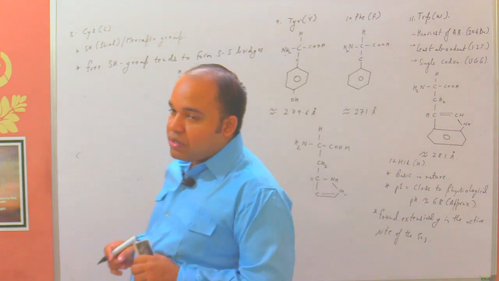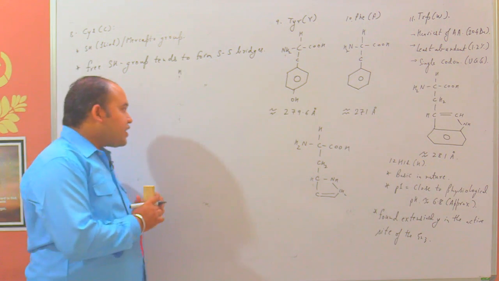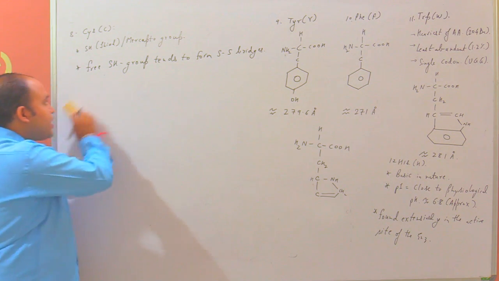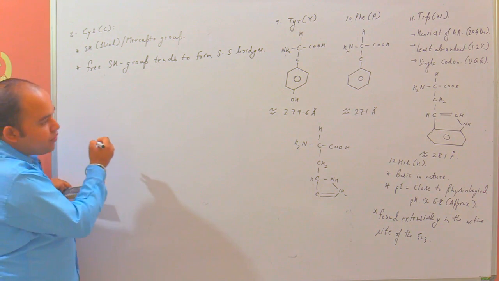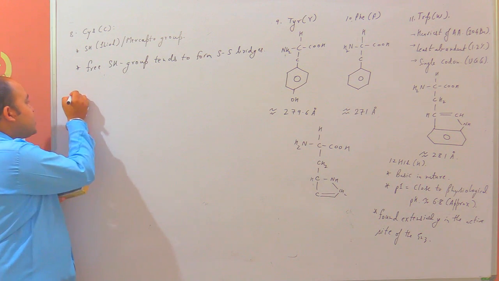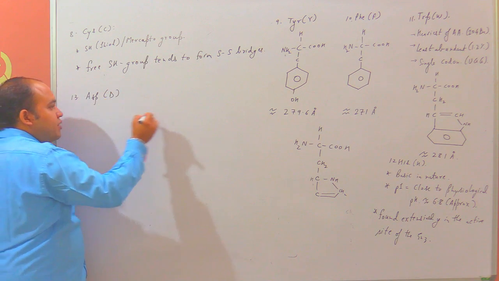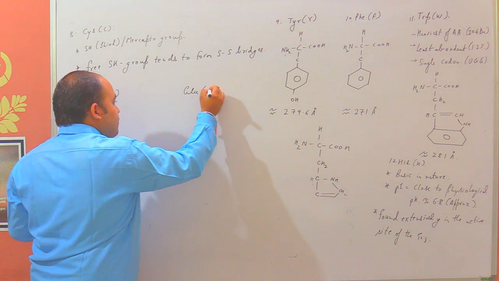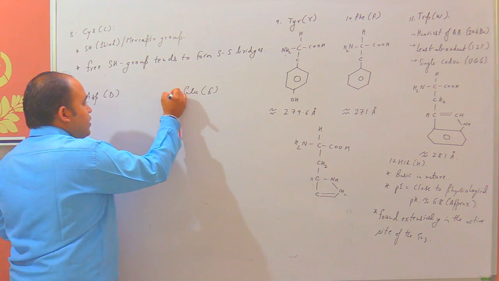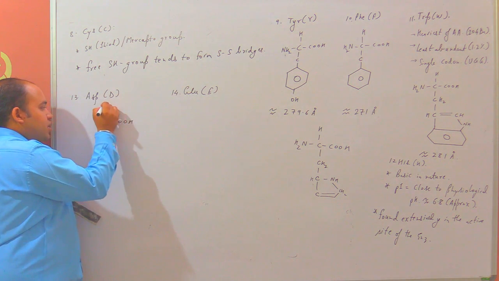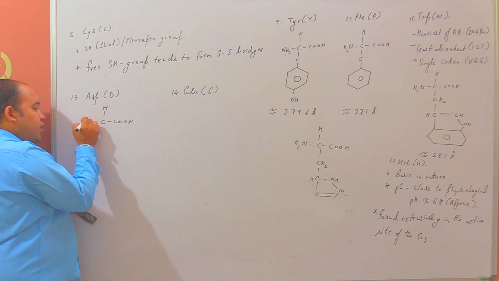Now the acidic amino acids. The acidic amino acids have been categorized into two categories: aspartate and glutamate. We have finished up to 12th. 13th is aspartate, represented by D, and glutamate represented by E. Aspartate has the structure COOH, hydrogen, NH2,